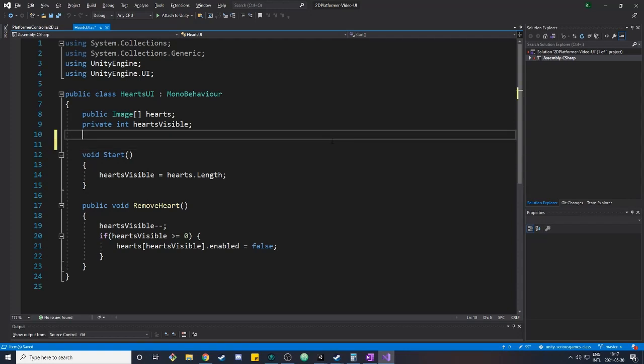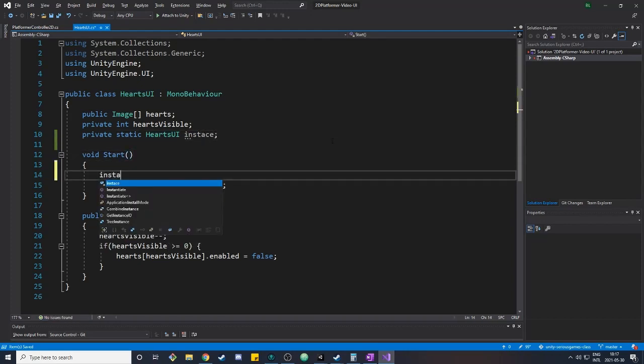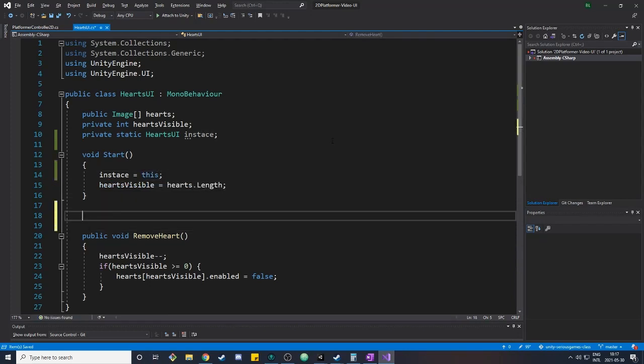For this, we would make a private field that is static and of type Hearts UI. We call that instance. Then in start, we assign the instance to ourselves, and we make a static method